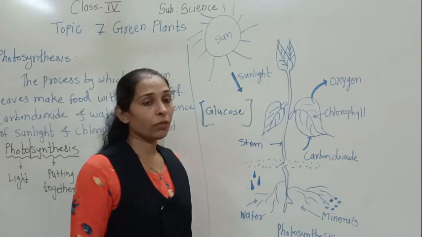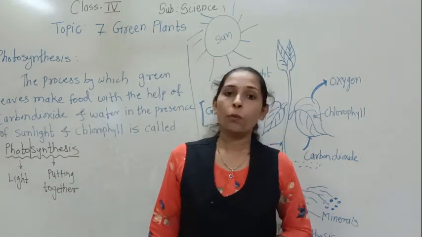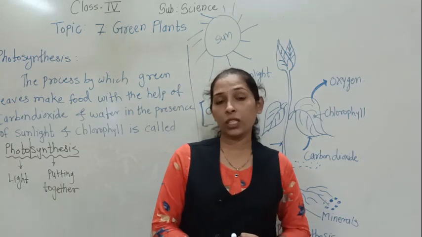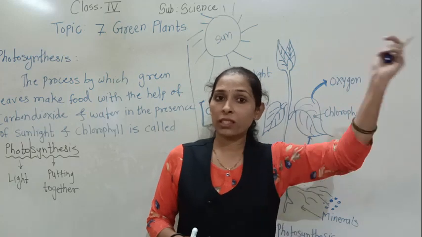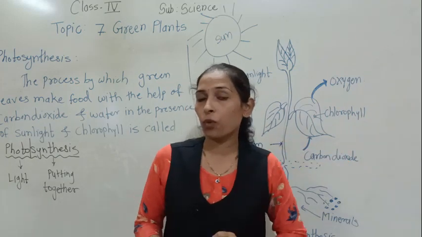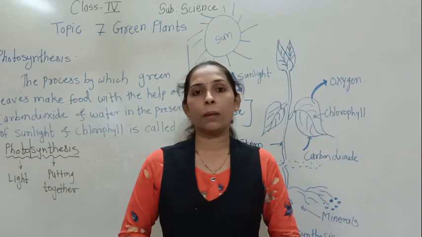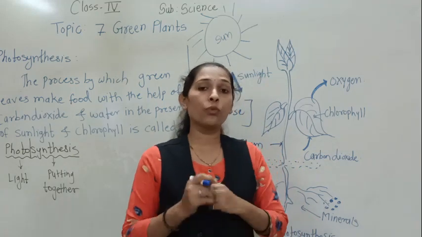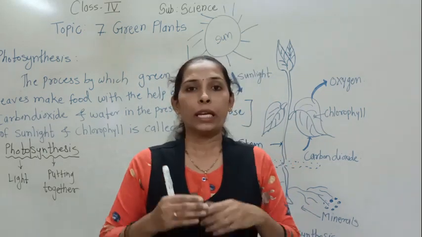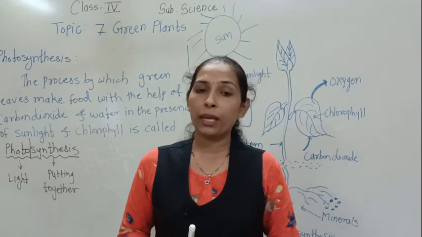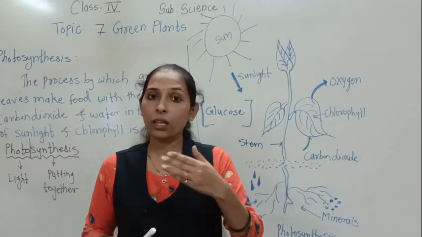Okay. So next we are going to see how the plants use the prepared food. Next question is why we are having food. For this question we found the answer in our lesson number 1. Why are we having food? To get enough energy. In the same manner, the plants also require energy, and to fulfill that energy need, they are making their own food. They make the food to burn that food, and from that they get the energy.